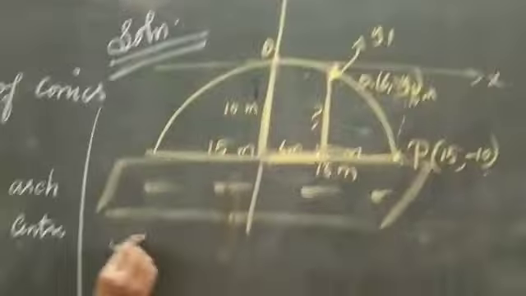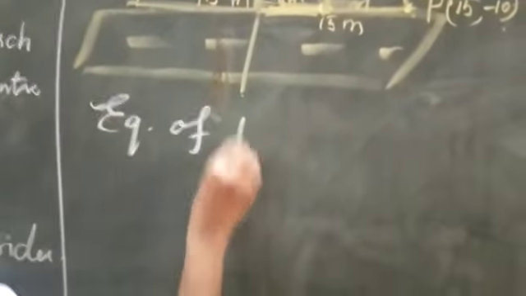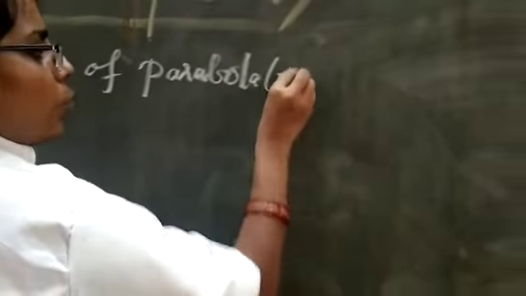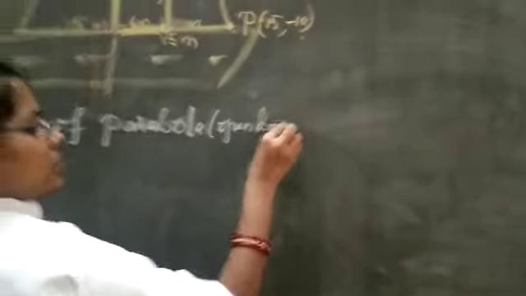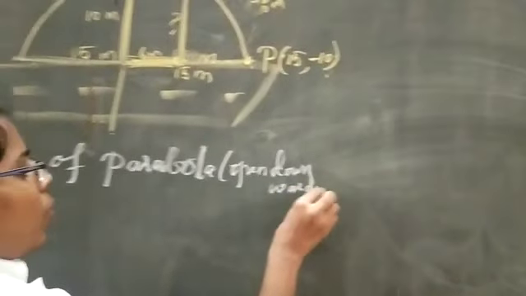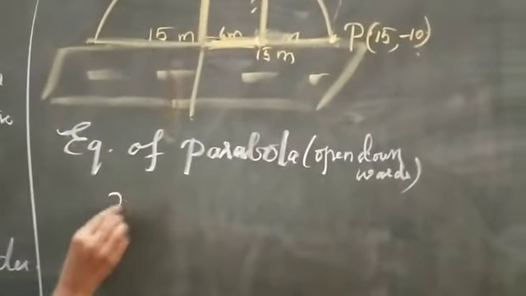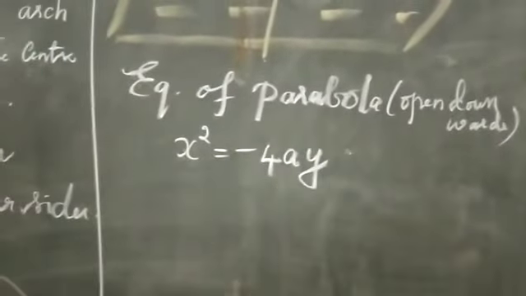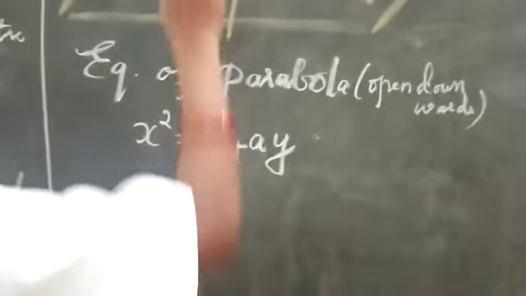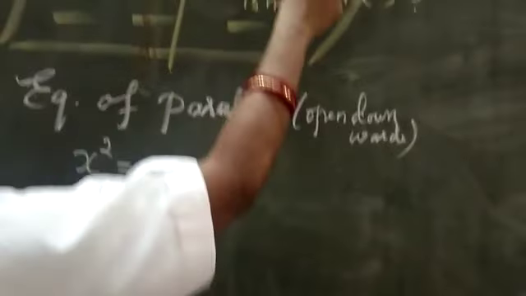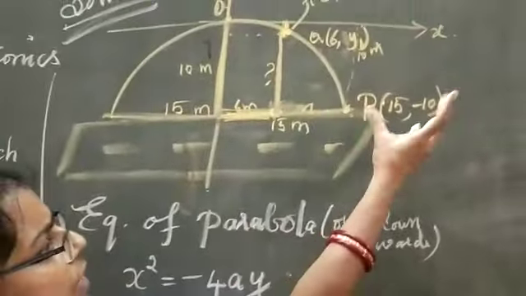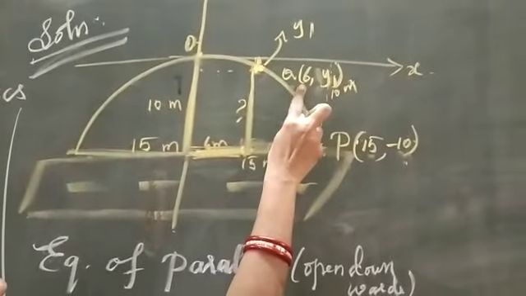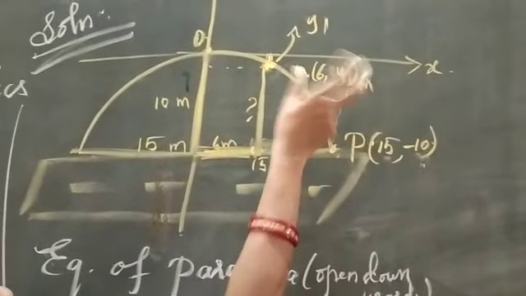So since this is equation of parabola, this is the type of equation of parabola, open downwards. So what is the formula for this? x square is equal to minus 4ay. Now we have got 2 points on the curve. The parabola curve மேல 2 points இருக்கு. ஒன்னு வந்து நல்ல well known point. ரெண்டு பாயிண்ட்மே தெரியும். X point, Y point தெரியும். இன்னொன்னு வந்து unknown point இருக்கு. Okay? So இத இப்போதைக்கு எடுத்துக்க வேண்டாம்.